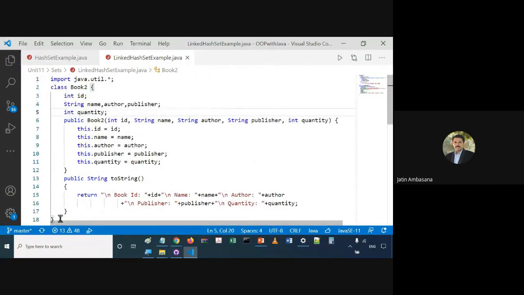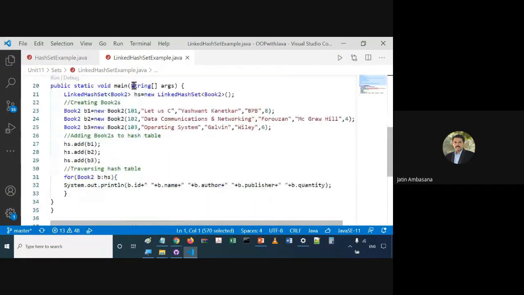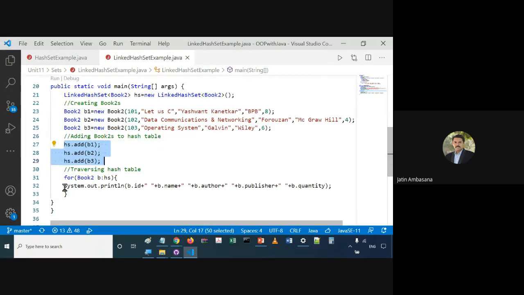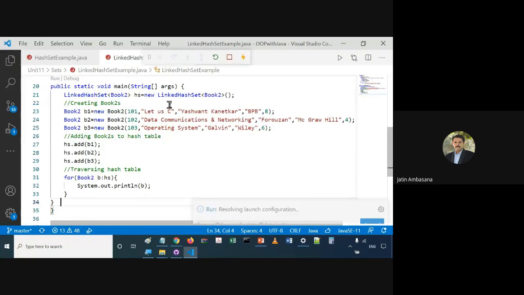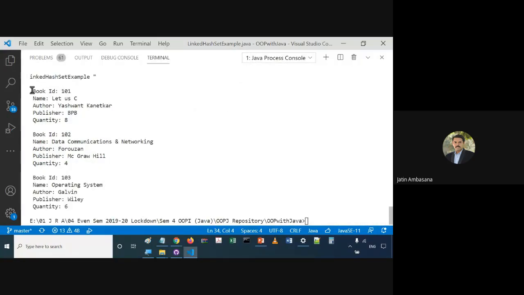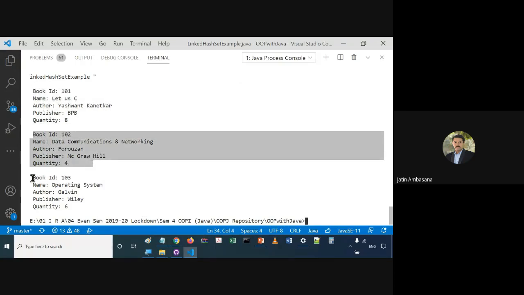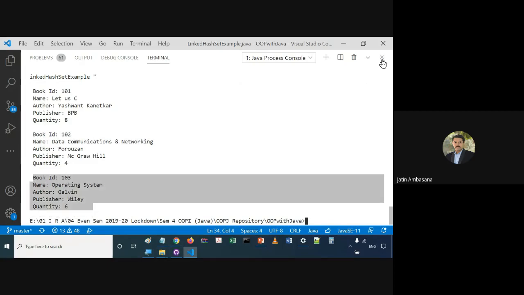Same Book class, we named it Book2. Now we have a LinkedHashSet. What we do is we create a LinkedHashSet of the Book2 class, create 3 books, add those books to the LinkedHashSet, and then we simply display the book objects. So let us run this. Let's see what happens. Here it is. See, since it's a LinkedHashSet, you can see the order is maintained: 101, 102, 103. You see that?